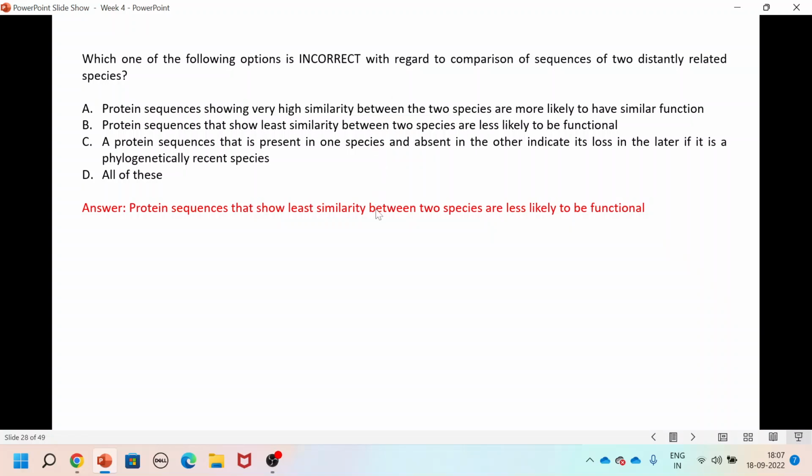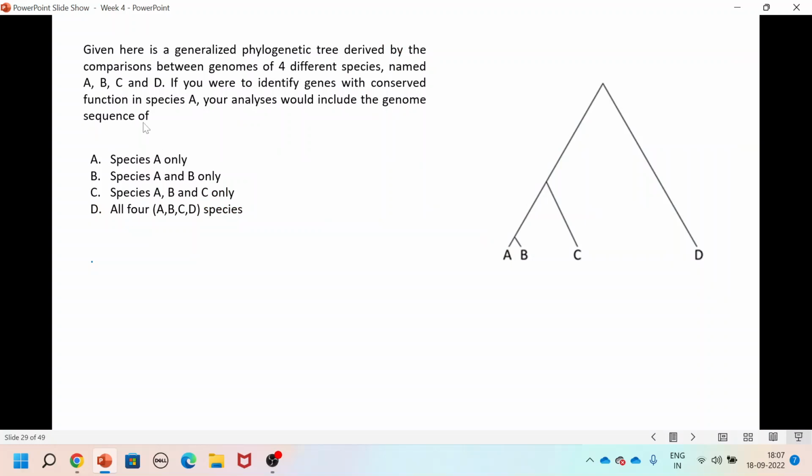I chose the incorrect option. Yeah, sorry. It's okay. The next question is a generalized phylogenetic tree derived by the comparison between genomes